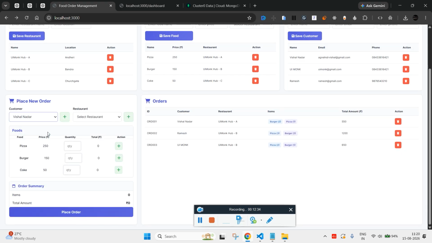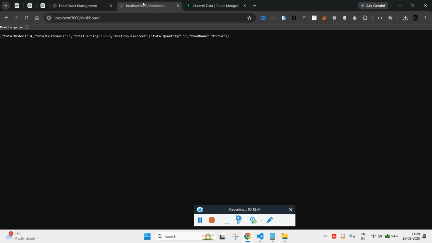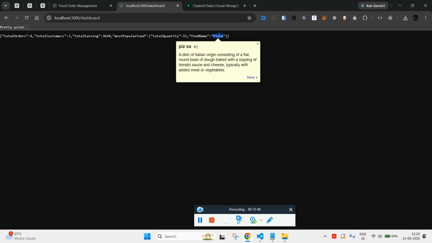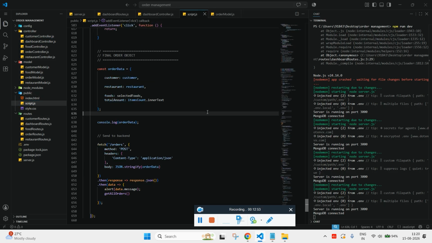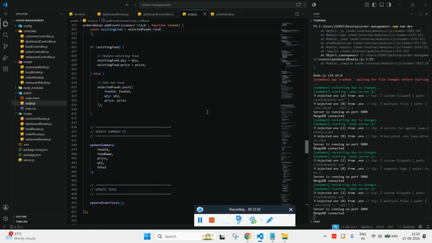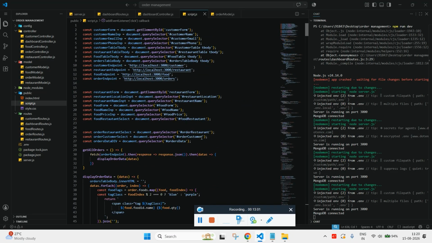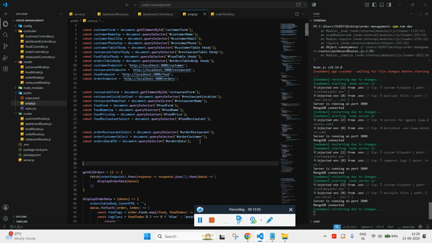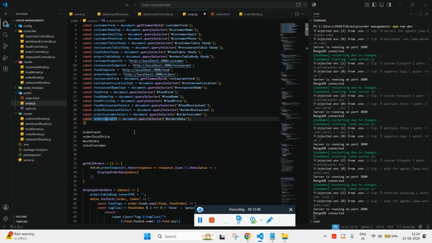So Vishal has come to do a quantity 5. Click on add, order successfully placed. Now we should see the popular food is pizza. Now based on this, we need to do the script, call the script now, and we need to replace them. So these are the IDs. Let's create